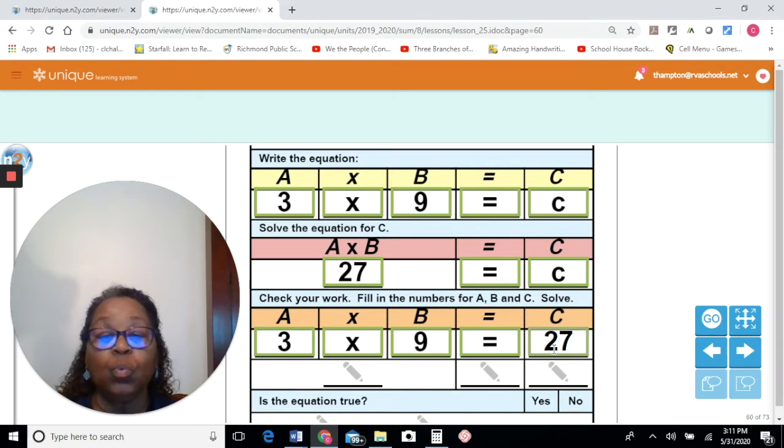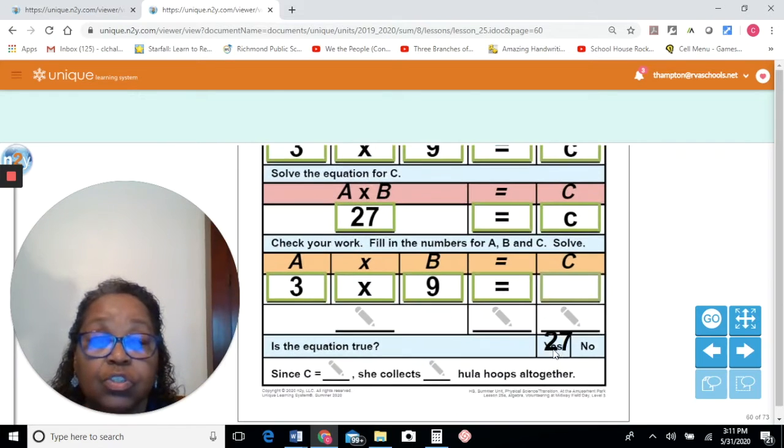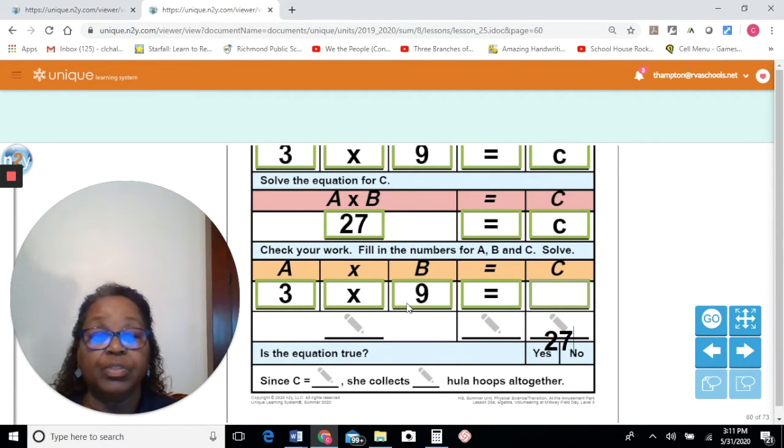You know what we need to do whenever we do an equation, we have to make sure that we test it, check it. So if we do 3 times 9 on this side, we did it with the calculator, we're going to get 27. We know that's the solution to that. That's all we need on that side. We've answered that question. 3 times 9, I'm sorry, 27. We bring over our equal sign,